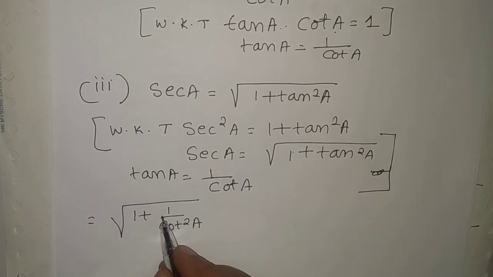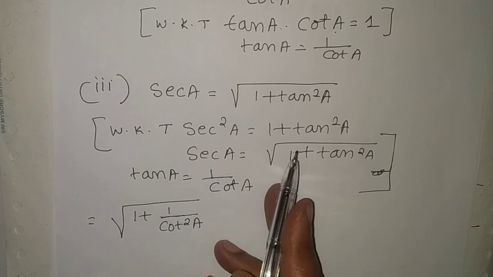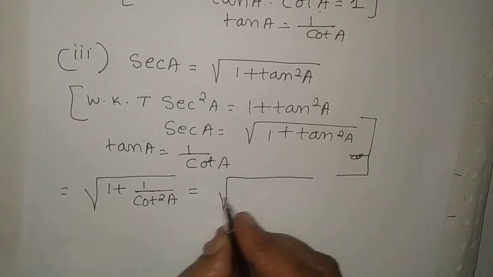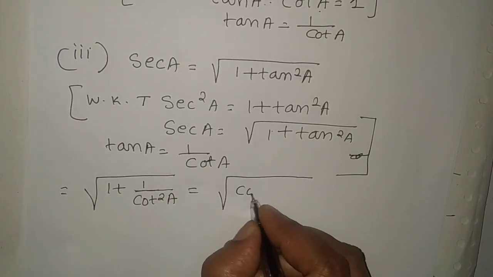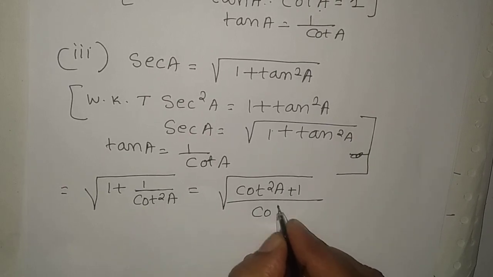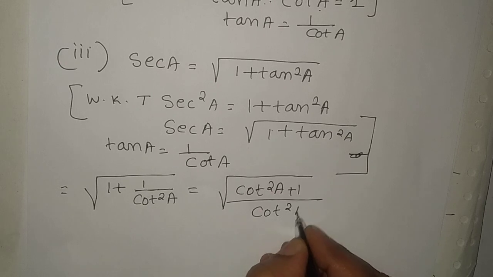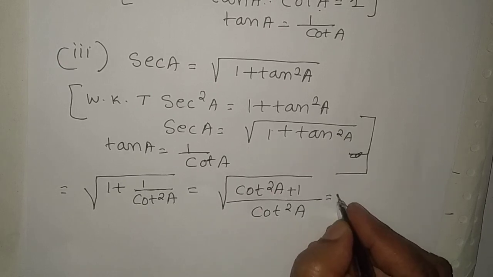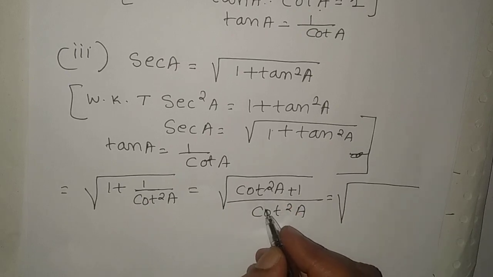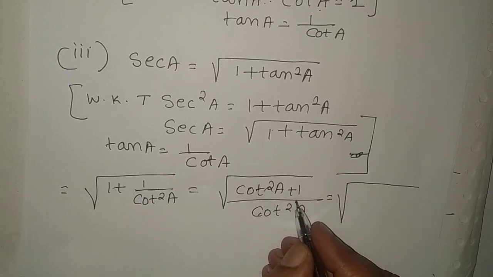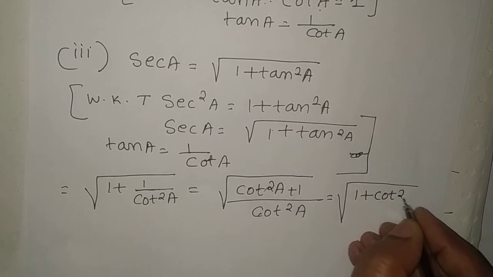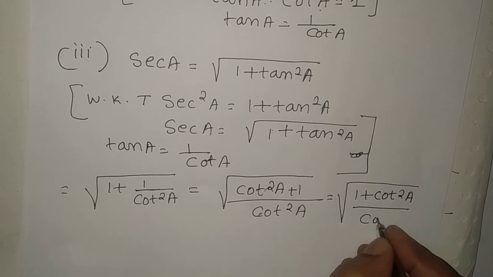Since there is 1 plus tan square A, tan square is equal to 1 by cot square. Then simplify inside the square bracket, cross multiply. This is cot square A plus 1 by cot square A, which is equal to the square root of, cot cancels, or you can write it as 1 plus cot square A by cot